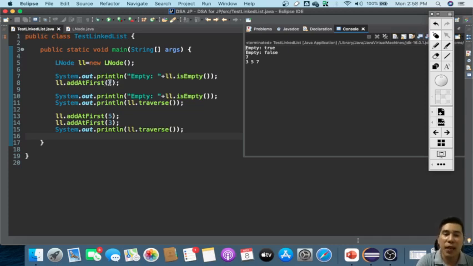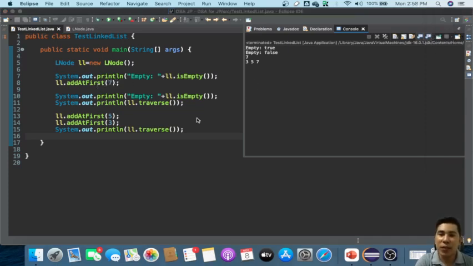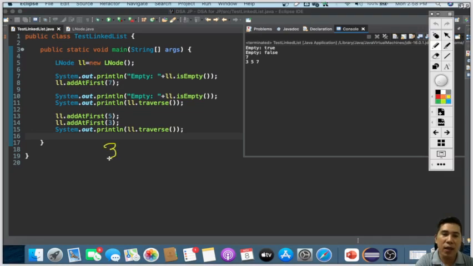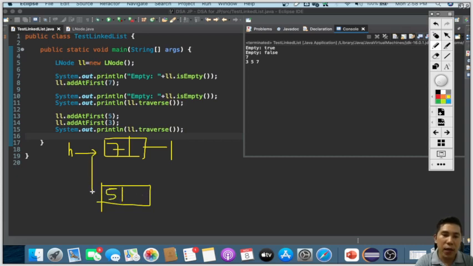So this time it becomes the head, right? So you have 7. Okay, so this is your head. Assuming this is your head, and this points to 7 as a node. Okay, and then this would have another pointer that points to the next node. So let's say you created another node. So we have here 5, and this will be your new head now, and this points to this